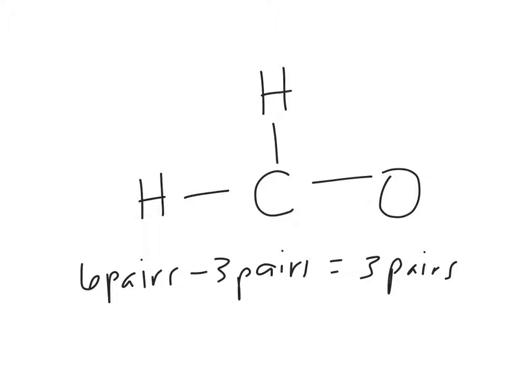So if we look at our structure, we know that hydrogen is done, right? Each hydrogen has formed the 1 bond that it needs. Carbon has 2, 4, 6 electrons available. So I could give 1 pair of electrons to it. That leaves me with 2 pairs. Then I could give the other